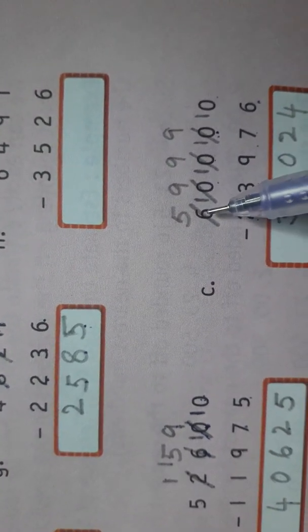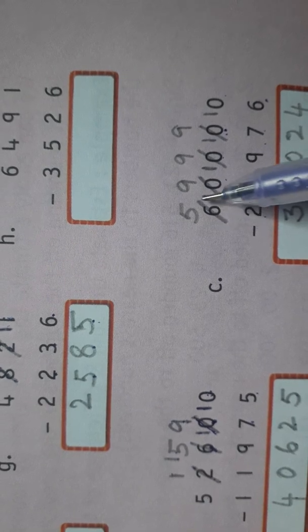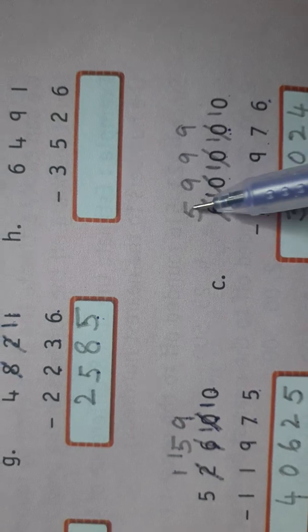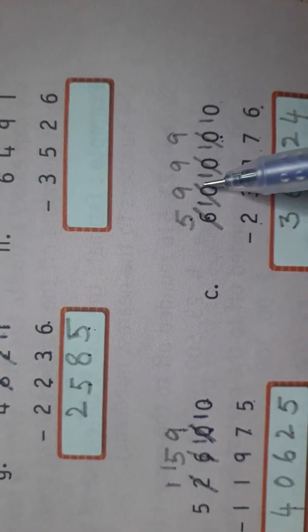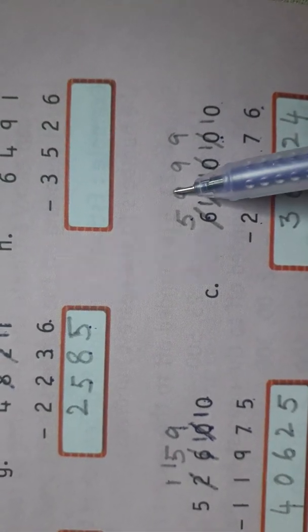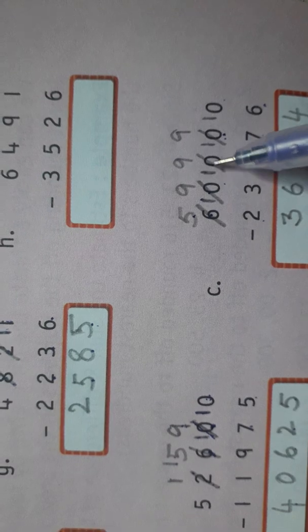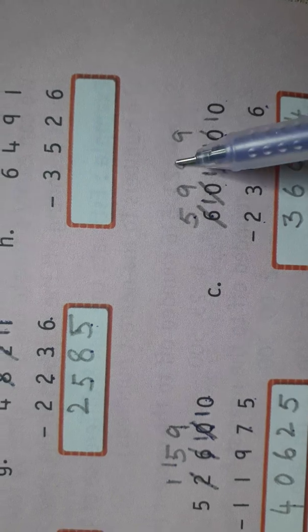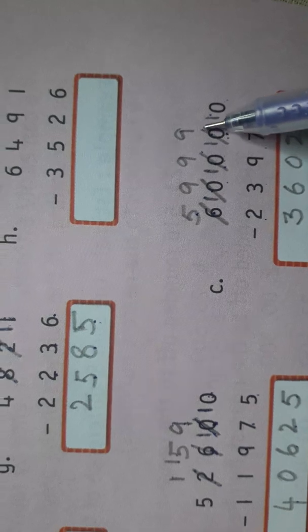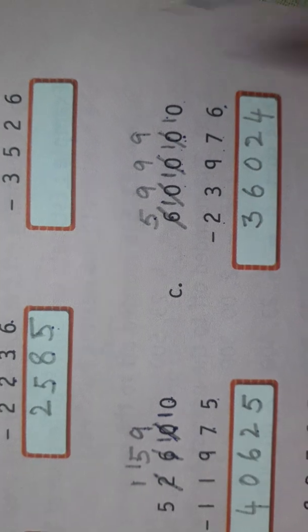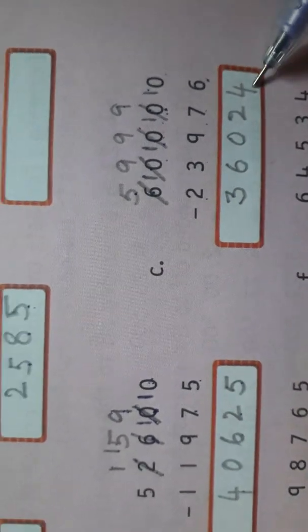So we'll go back here to get the number. Now 6 minus 1. We are giving one number to this. So this will become 5. Now again from here we are giving number. So this will become 9 and this will become 10. Again from here we are taking one number. This will become 9 and from here to here we are taking the number. So this also will become 9. Now here we have 10. 10 minus 6 is 4.